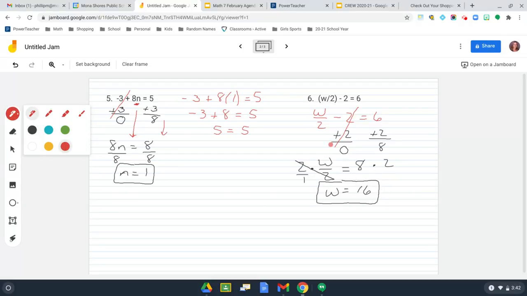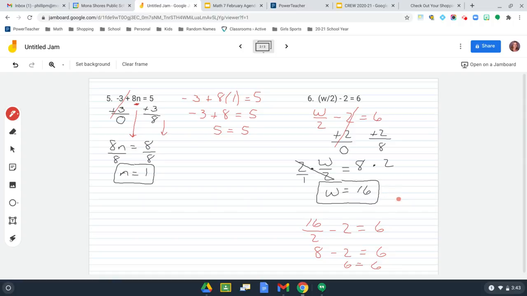If I take my answer and I plug it back into the problem, 16 divided by 2 minus 2, does that give me 6? 16 divided by 2 is 8. 8 minus 2, yep, there's 6. It balances. You won't see many of these. You're going to practice one of them here next,